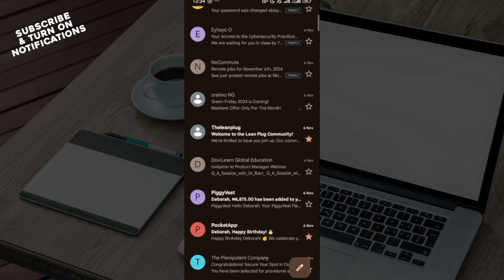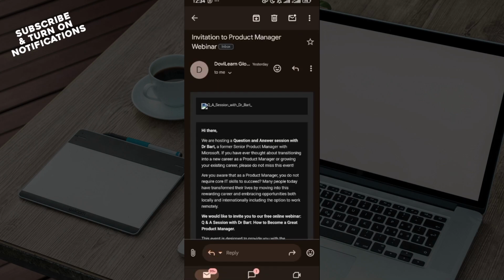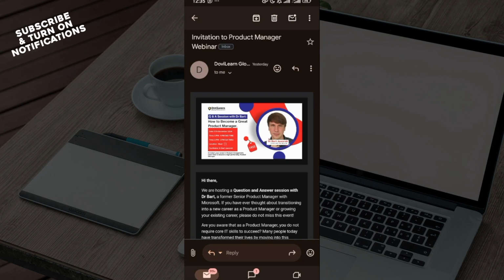To block or unblock someone on Gmail is simple, and here's how to do it. The first step is for you to log into your Gmail account, just like I've done here, and then the next thing is for you to open the email from the person you want to block. So by opening the email, move to the top right corner of the email and click on the three vertical